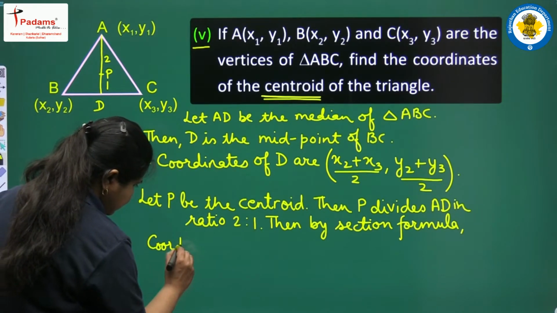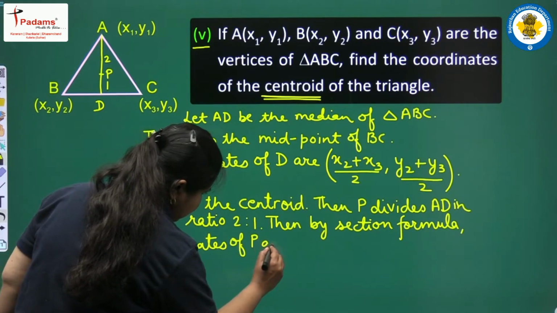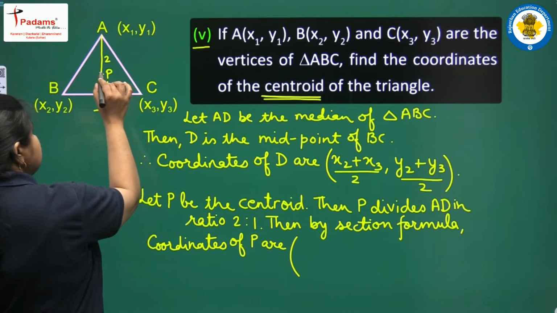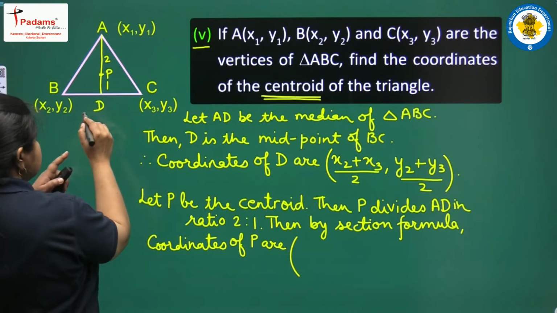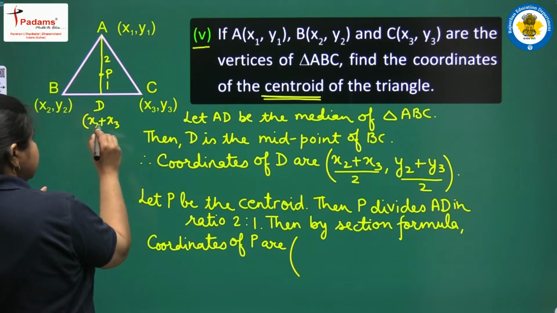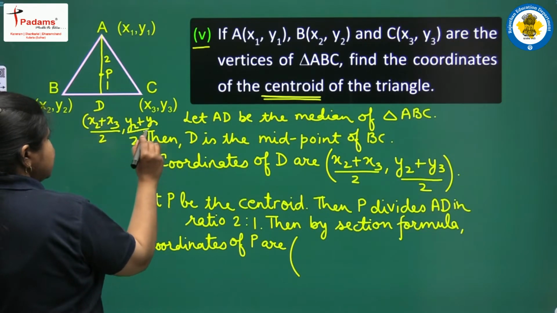Coordinates of P are, देखिए आप ये रेशो है 2:1 और हमें P के कोऑर्डिनेट्स फाइंड आउट करने हैं, तो यहाँ पर हमने D के कोऑर्डिनेट्स निकाल लिए, (x2 plus x3) upon 2, (y2 plus y3) upon 2, ठीक है,